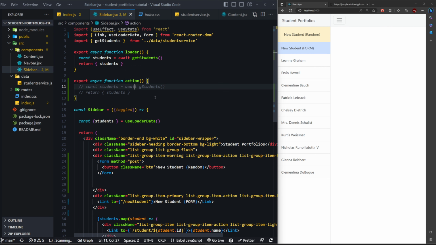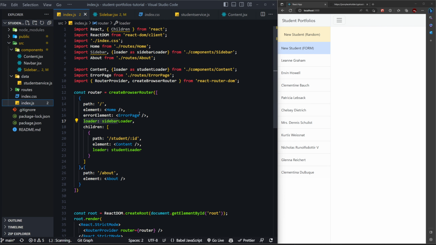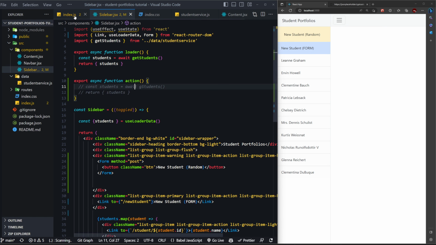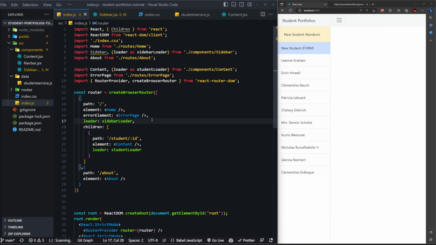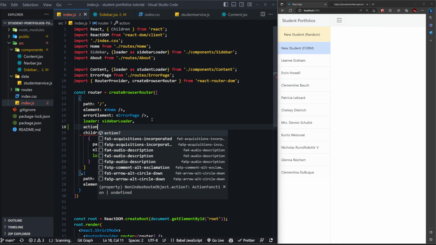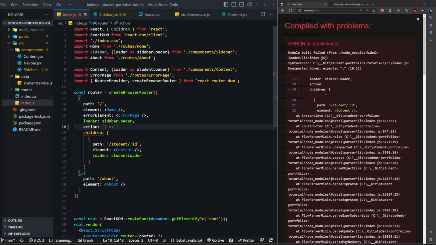This is just a function that we declare, and we're going to, again, just like the loader, tell the route that if there is an action called, it's going to be this action. So in the router for, where were we? The sidebar. Yeah. So for home, we're going to have an action called,